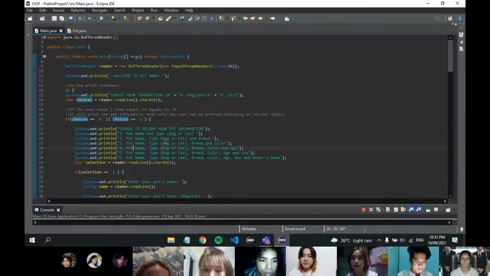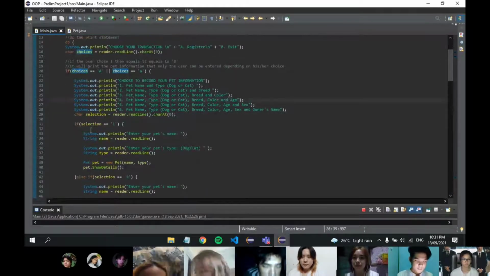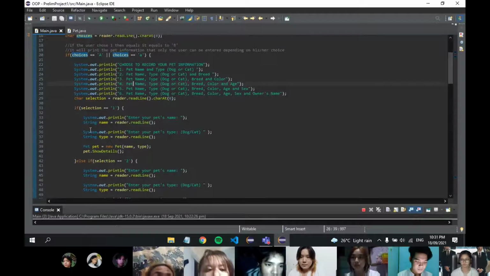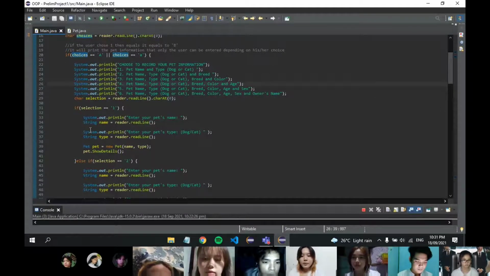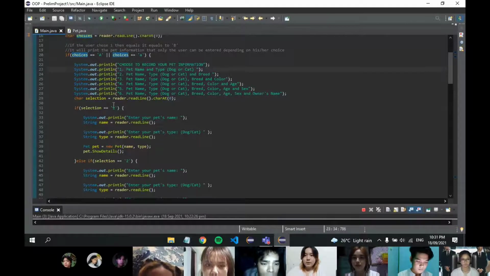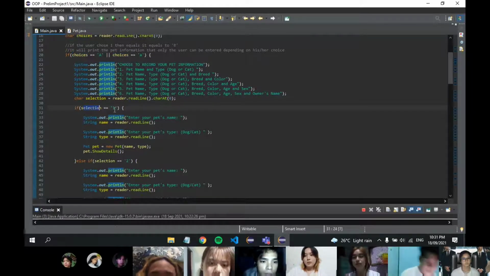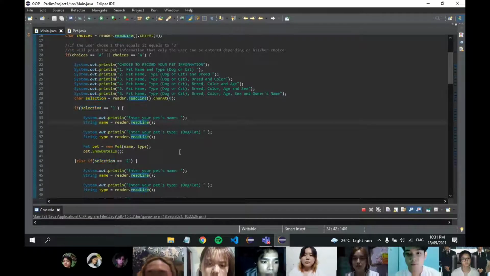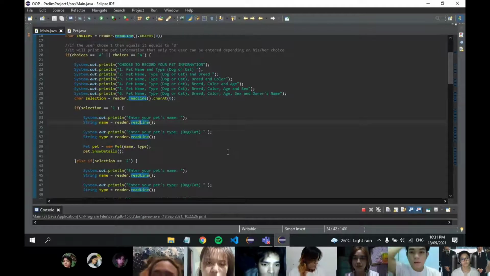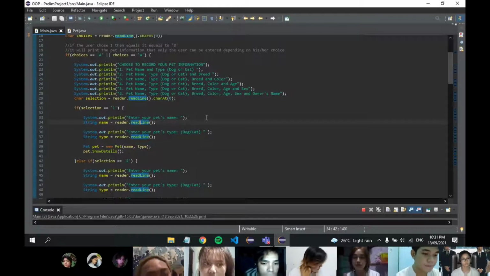Good evening, Sir Janus. In our program, we use an if-else statement for the choices of the user. In this part, the user has the option to choose from the list, A to F. The user has choices so that he or she can input only the data that he or she wants. If the user wants the pet name and pet type only, he will type the keyword 1,